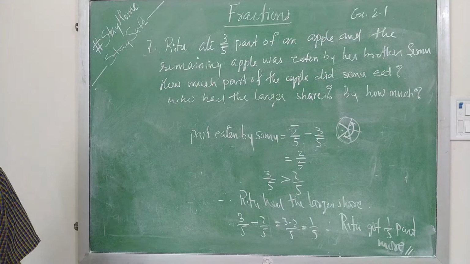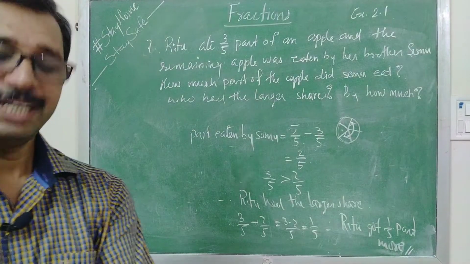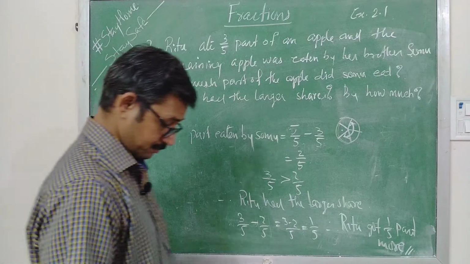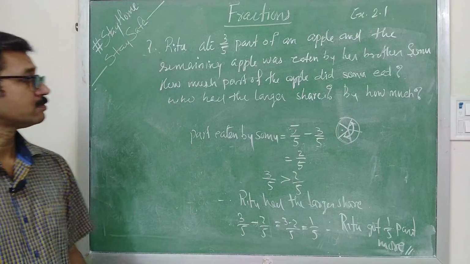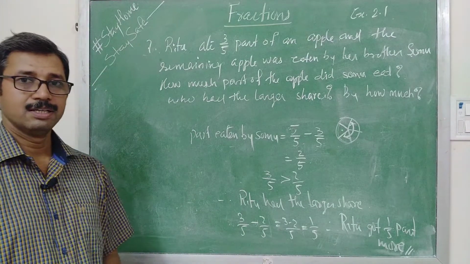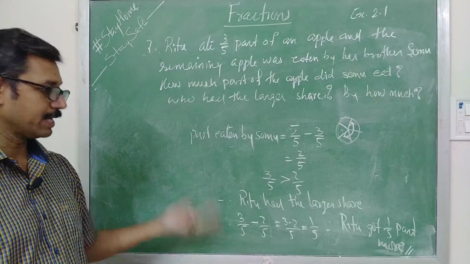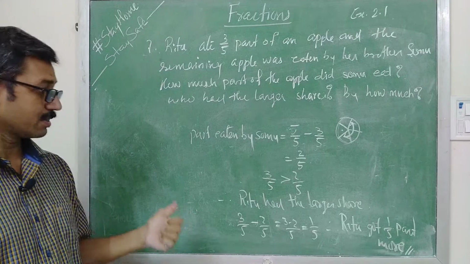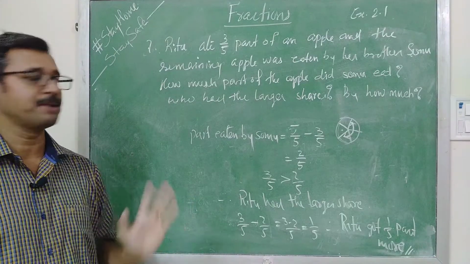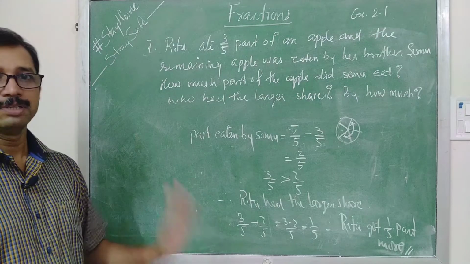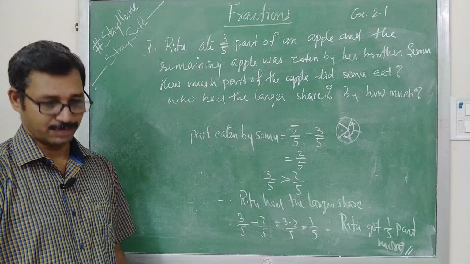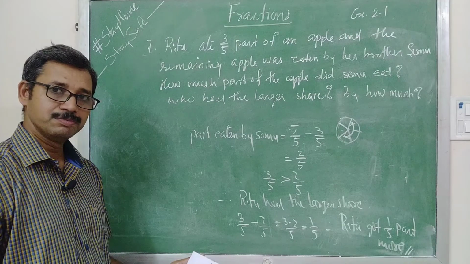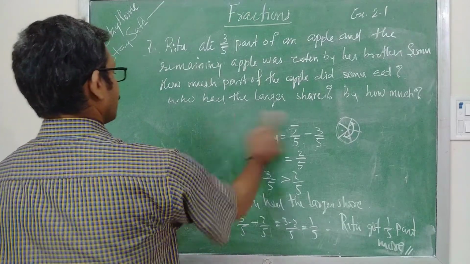Do first. One more sum is there, then we will finish this exercise. Look, even though I am rubbing it fast, what you have to do is pause, then write. That facility is there on your screen. That's why I am rubbing the sums very fast, so that we can move fast. Sure, you will do it now. Next one.